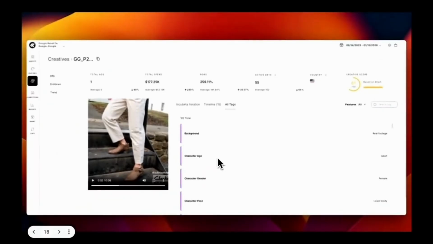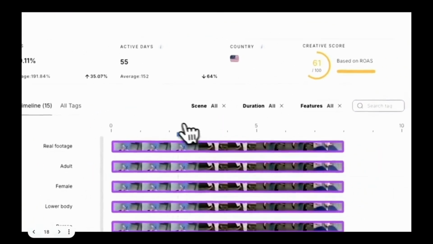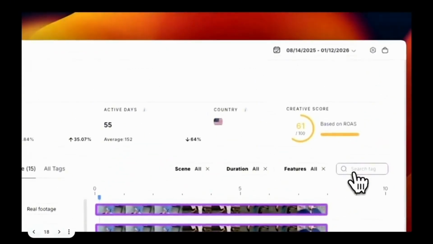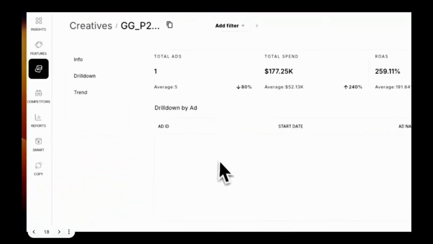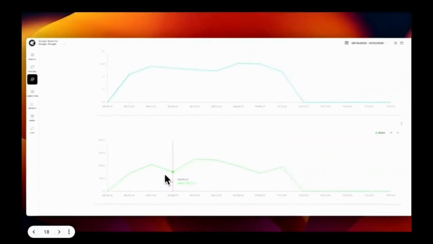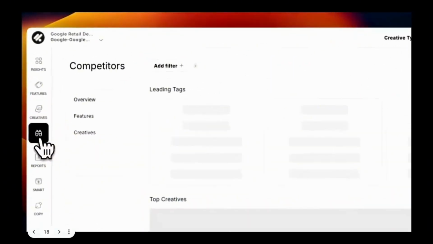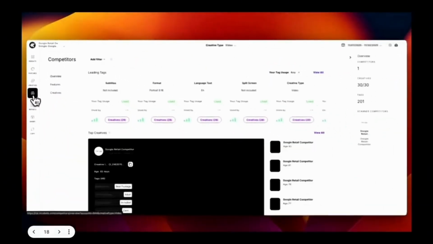And then again, over here on the right, you can see all the different tags that are actually within that particular creative. You can see a timeline. So if you want to analyze all the different scenes, combine that with the view through elements, you can really do that in-depth analysis. And of course, you can change all your time ranges. Drill down, you can see where it's appearing in your ad accounts. And then in this trends tab, you can see how things are trending over time and spot any potential issues